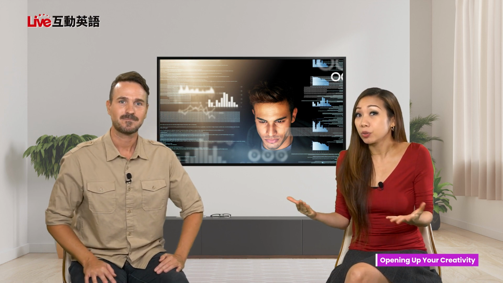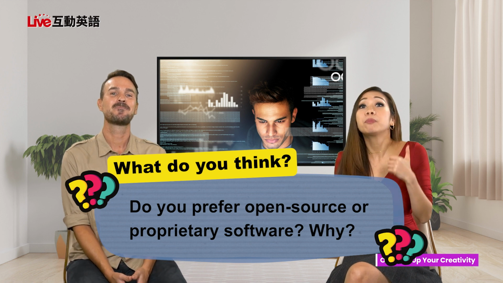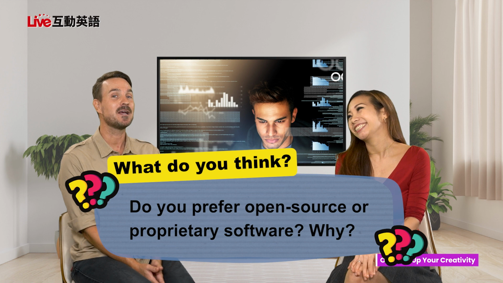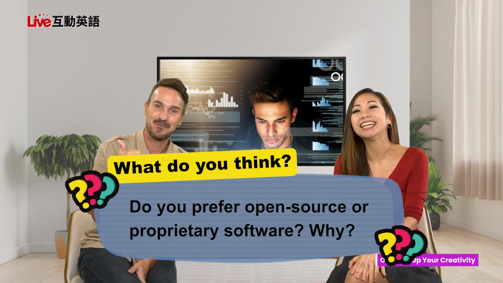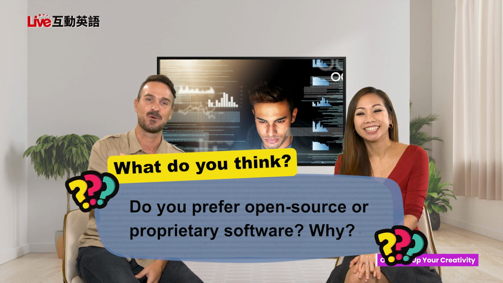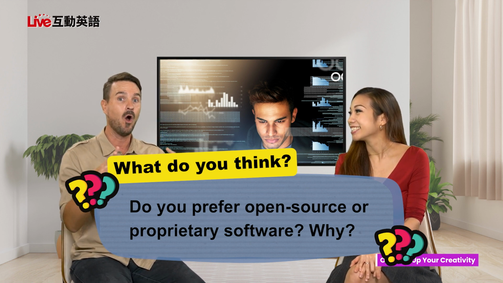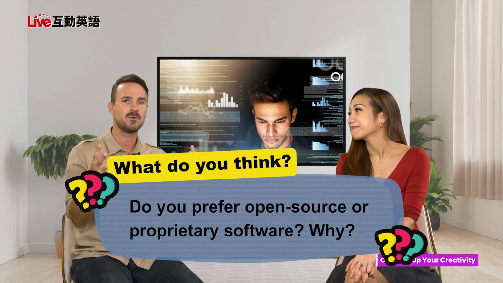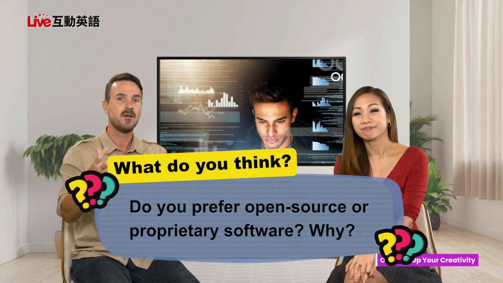So let me ask you and everybody out there, do you prefer open source or proprietary software? And why? Well, I think it's pretty obvious because, first of all, I want to save money, so I prefer open source software. And I do like this idea of things just being open. That's right, and clear. Yeah, and the ability to kind of just change things depending on what the users find